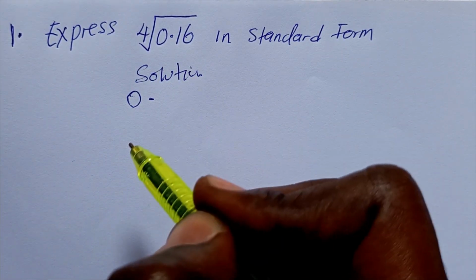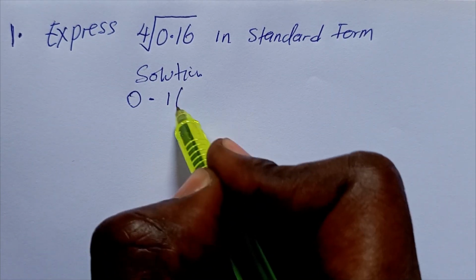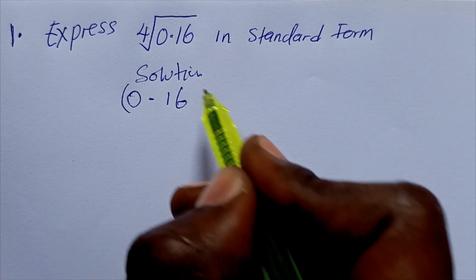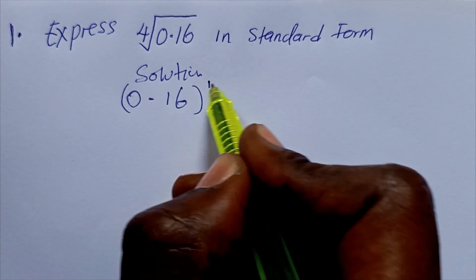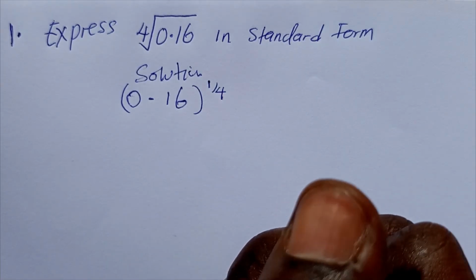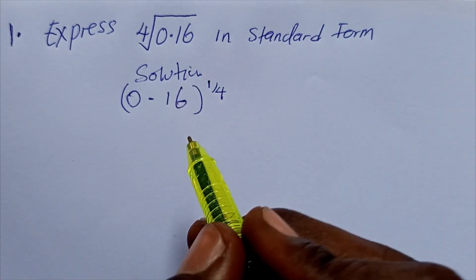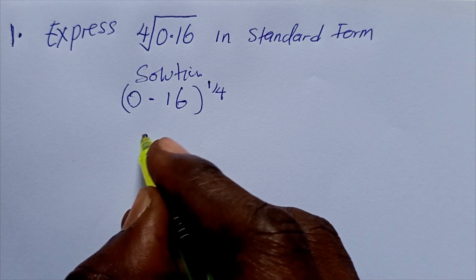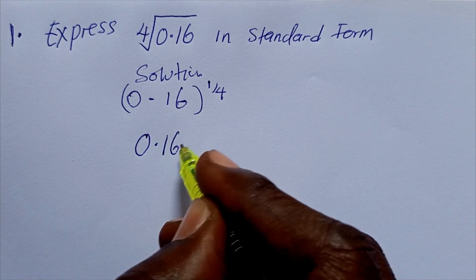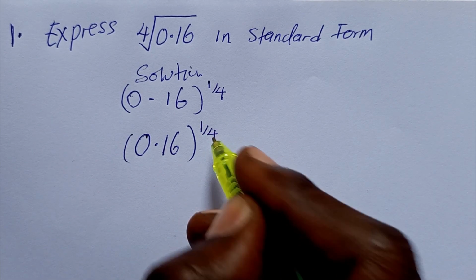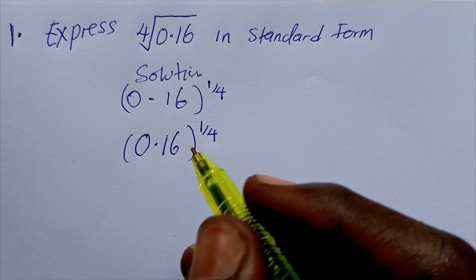Solution. 0.16 is all to the power of 1 over 4. So fourth root of 0.16 can be written as this. So if we have it as 0.16 all to the power of 1 over 4, which is the fourth root,